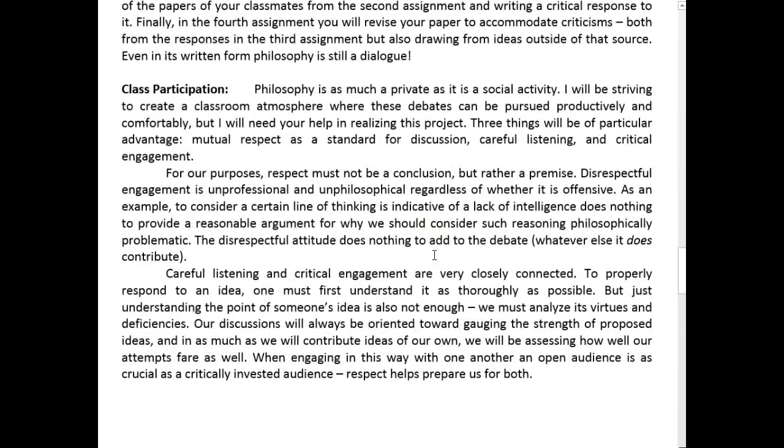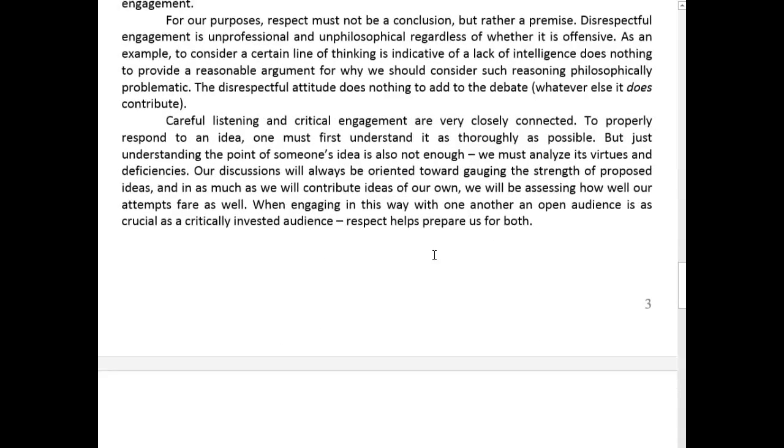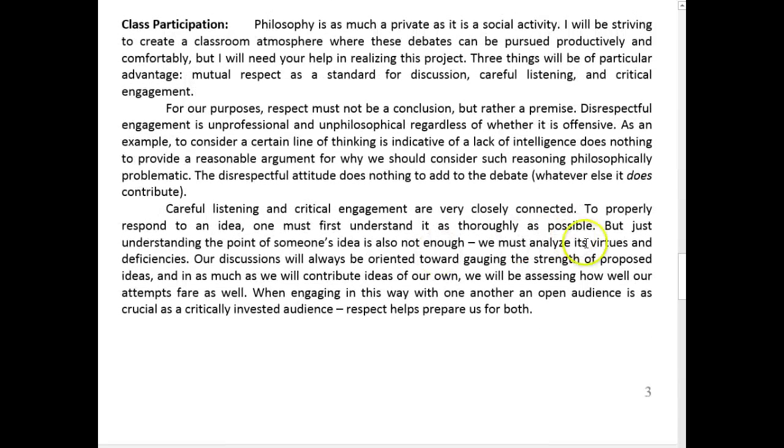I've got some notes about it on the syllabus that I'd love to have you read. They're right down here, in class participation. And I'll want to talk about that more with you in person too. I've got a little metaphor that I'm fond of for explaining this. I think respect is another one of those concepts that's very familiar to us, and there are maybe some deeper dimensions to it that get overlooked because they aren't quite as familiar.